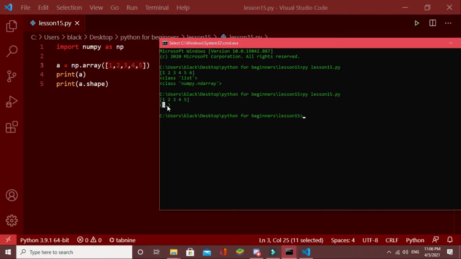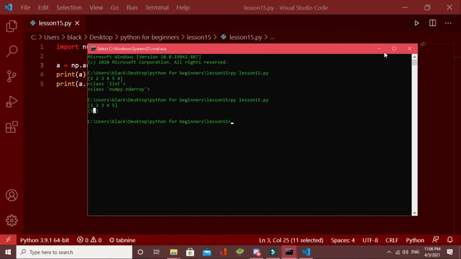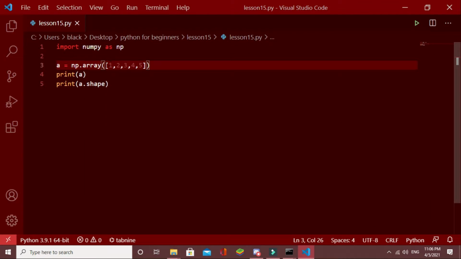For example, let's say 5, 5. 5, 5 means there is another dimension. It is something like a two-dimensional matrix. Now let's see what that two-dimensional array is. I will take something like this.